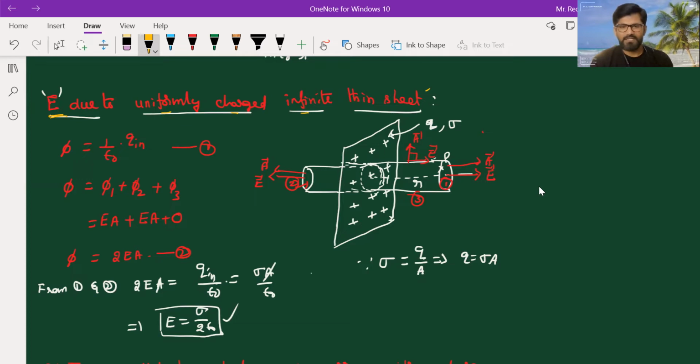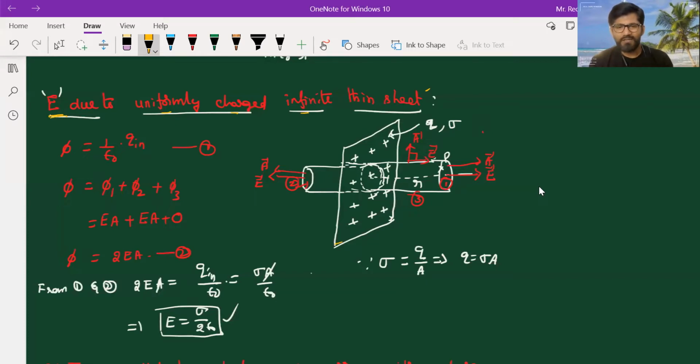Okay, right. So to find electric field due to this uniformly charged infinite sheet, let us draw an infinite sheet here. Let us say this is a big sheet. Infinite means it is a relative term. Let us consider a big sheet to which a positive charge is given, that is distributed uniformly everywhere.